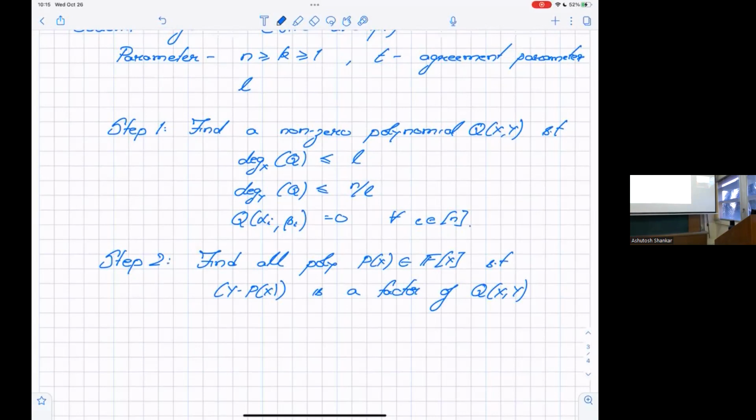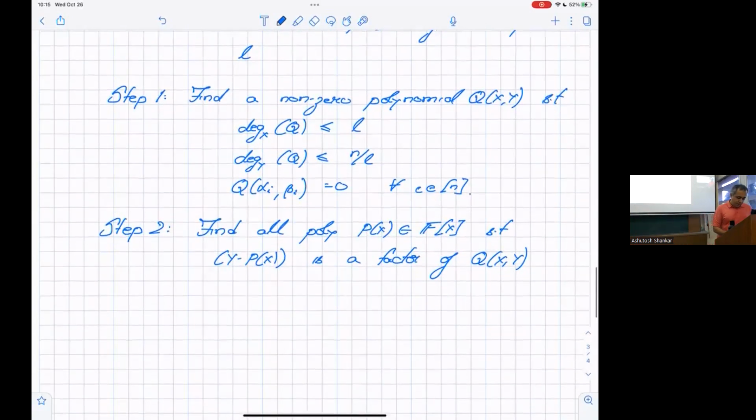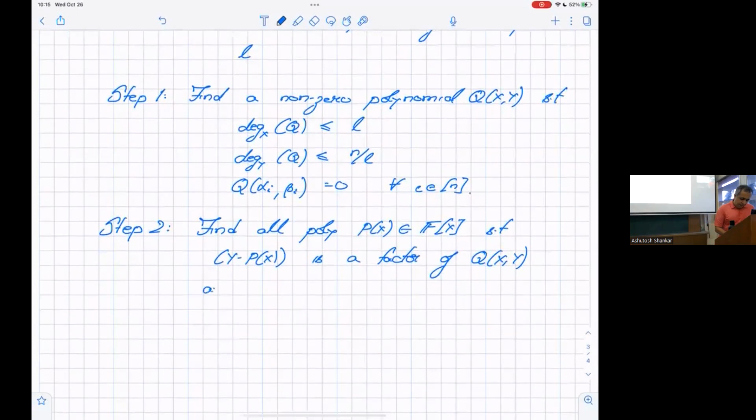Notice every y minus P of x has to be an irreducible factor. It cannot be factorized further. So look at all these y minus P of x, find all such polynomials and output the list of all such P,